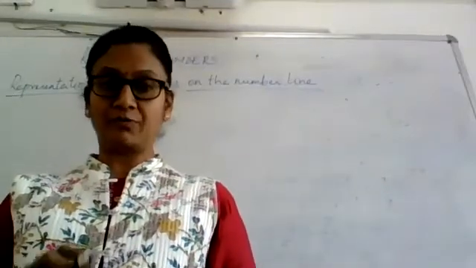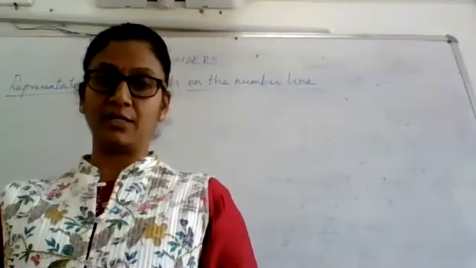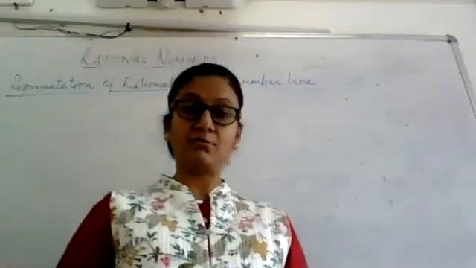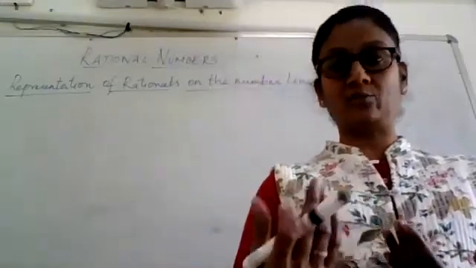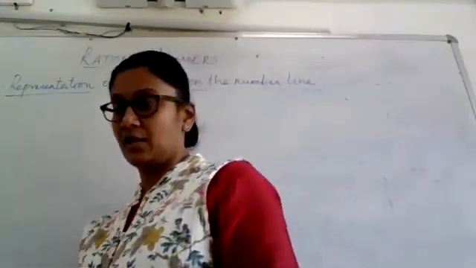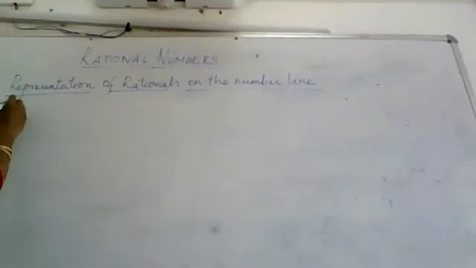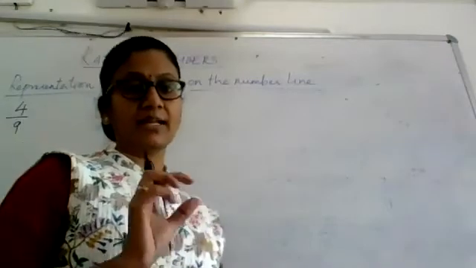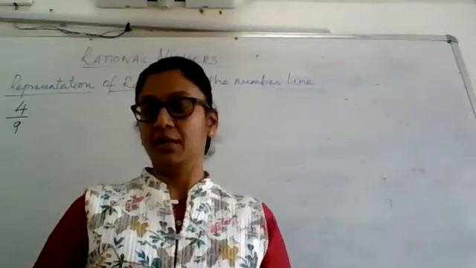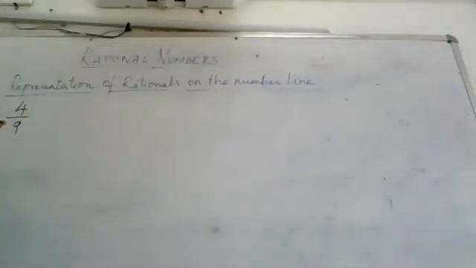Now how to fix the position of a rational number on a number line, we are going to see. Because a rational number can be both negative as well as positive, we'll see both the cases. So first we will take the rational number 4 by 9. So this is the rational number given to me. Now I'm going to represent this on the number line. Means on the number line I have to show where this is sitting. So it is very simple. You have to look at the rational given carefully. It has a numerator, it has a denominator. Now it is a proper fraction.